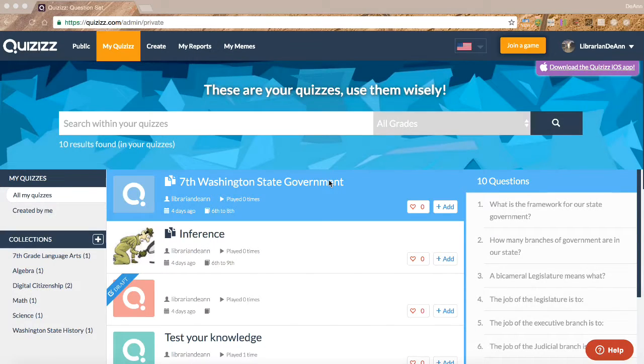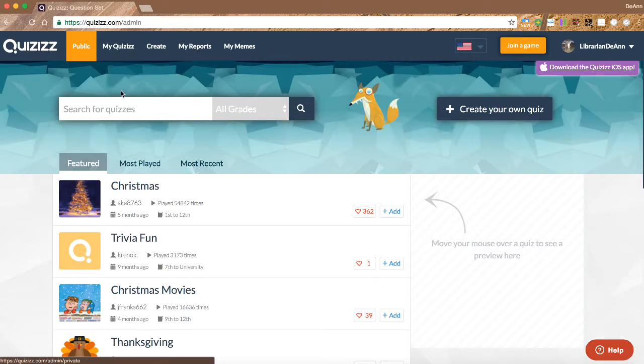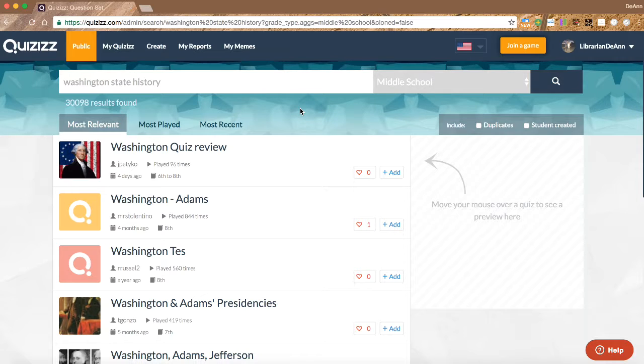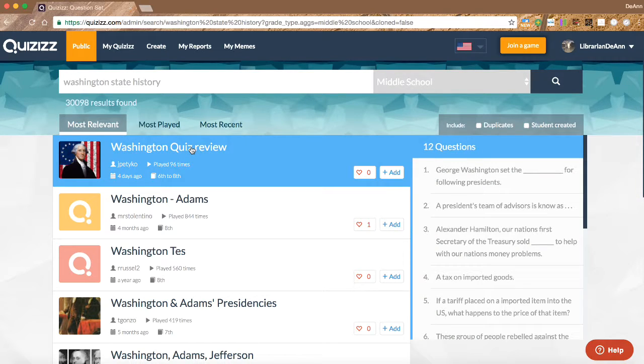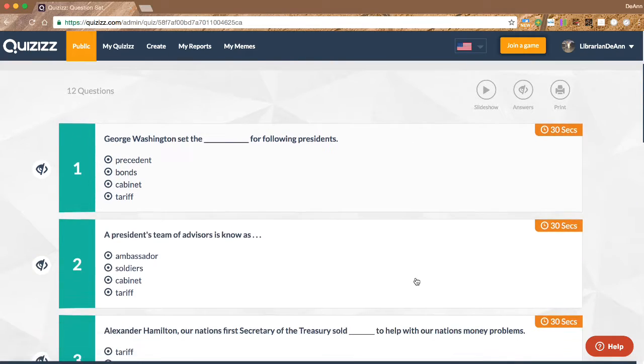About some intermediate options. So let's go ahead and go back up to the toolbar at the top, and let's go back to public. Once we're on public, let's go ahead and search for a quiz, and this time let's search for Washington State history. Again, I'm going to go for middle level, and I'm going to go ahead and search. Once I'm here, here's a Washington quiz review, and I haven't really looked at this, but let's say I took the time, I looked at it, and I said, oh, I really like that quiz, I want to use that one. I'm going to go ahead and open it up,